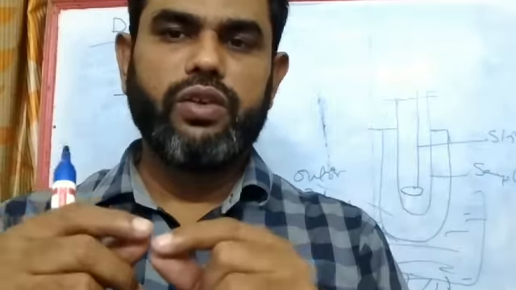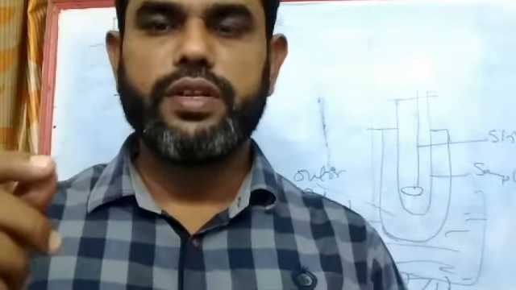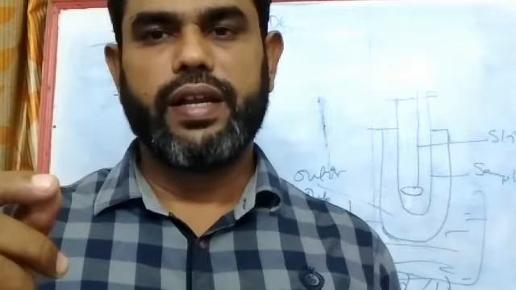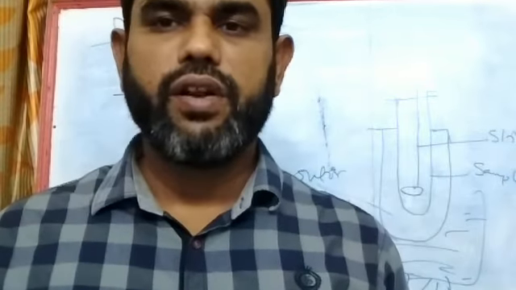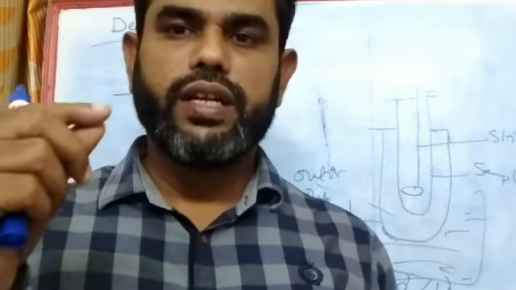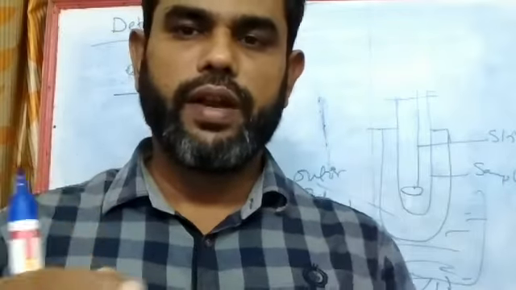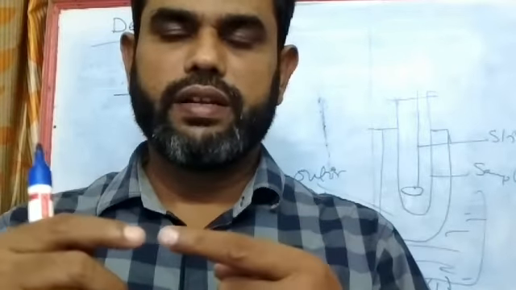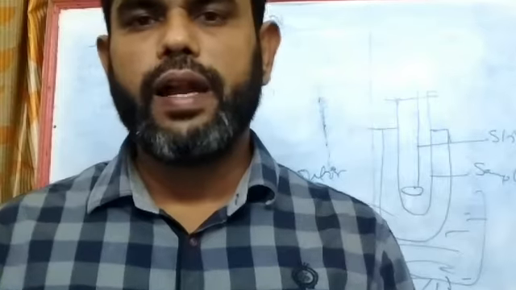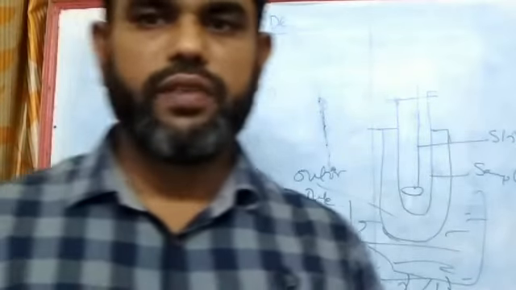and then you will find the appearance of the first crystal. So that is to be noted as the freezing point. Then freeze it completely into a solid, then once again melt it. The temperature at which the solid melts is to be noted as the melting point. You can see that both the freezing point and the melting point will be the same. So this is another way of doing it.